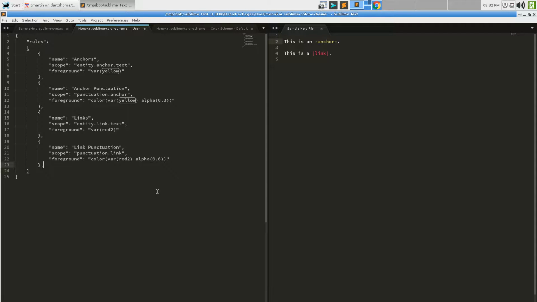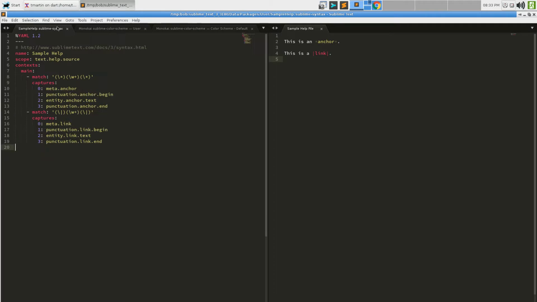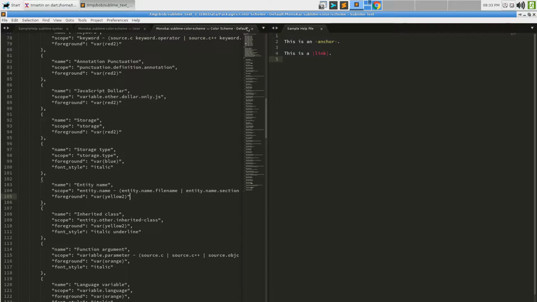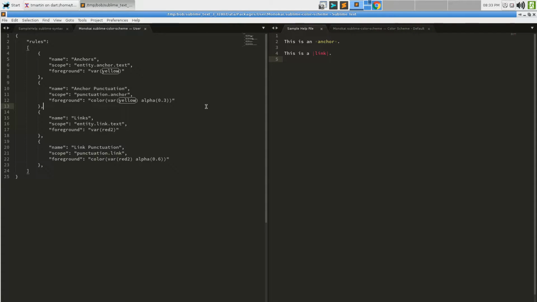Now, how could we go about actually creating this color scheme programmatically in code instead of actually doing it this way? Well, there are a couple of ways that we can go with this. So I'm gonna leave that for the time being. We'll leave the syntax open, and for now, let's bring that over here, shall we? Just so that we can refer to it if we need to.